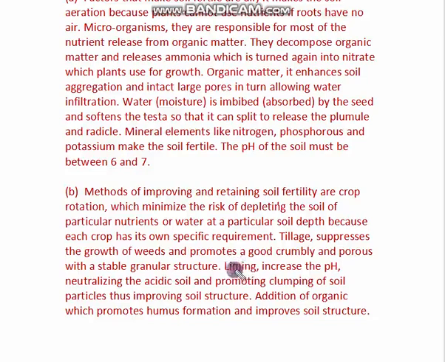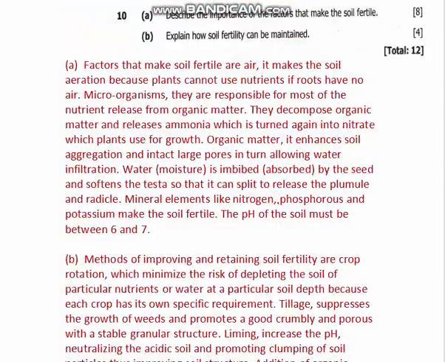Liming increases the pH, neutralizing the acidic soil and promoting clumping of soil particles, thus improving soil structure. Addition of organic matter promotes humus formation and improves the soil structure. So this is question 10. So this is how you are supposed to answer